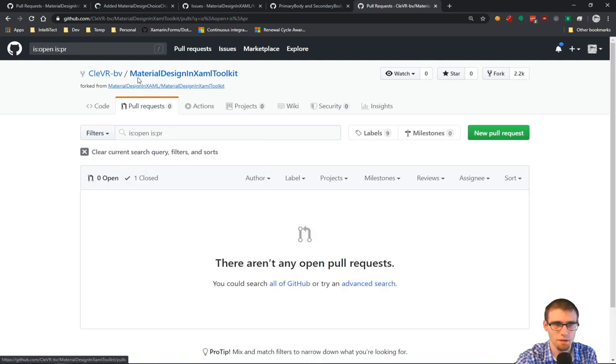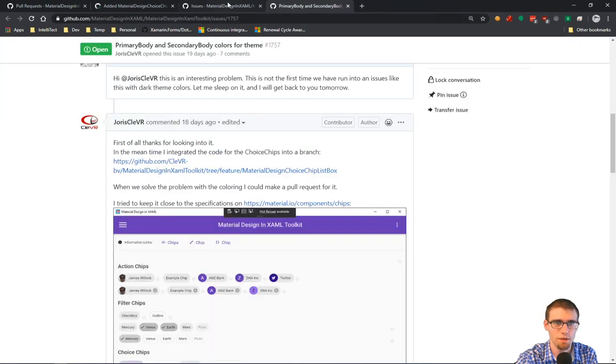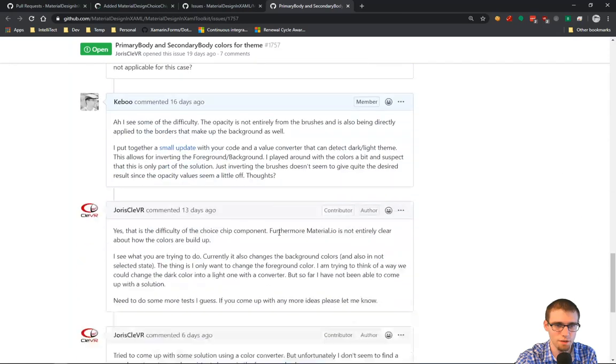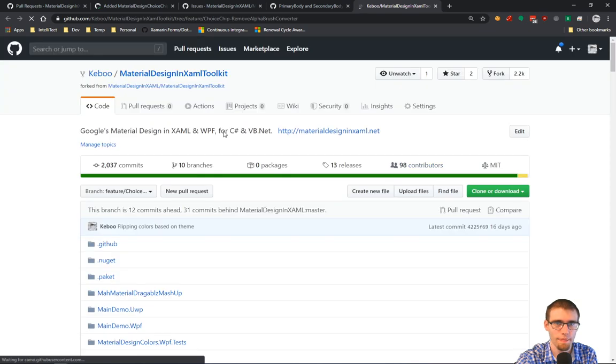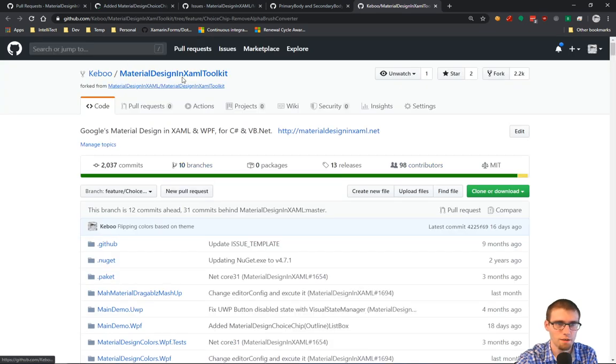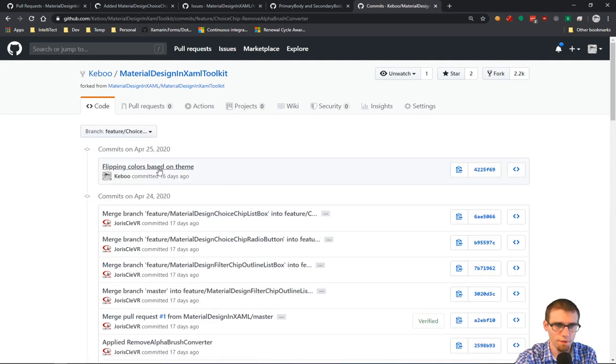No, that one's synced. Boy, what did I do? I remember looking at this and going through it. Did I just paste the code in? Small update. Ah, that's what I did. I pushed my own fork because I didn't have direct access. So the one thing I did here,